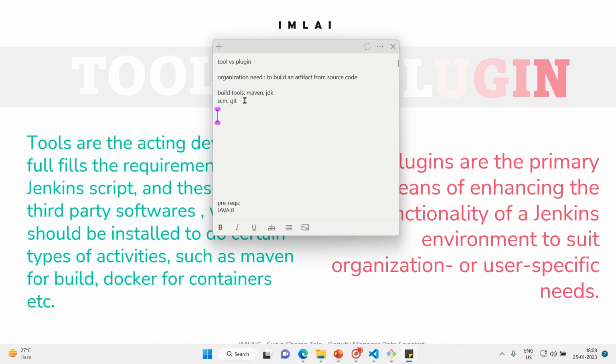So what I can do is I can install these tools in my Jenkins server. Okay, so tools have been installed, but how can you connect with them? How can you connect these tools with the Jenkins application? So that's where